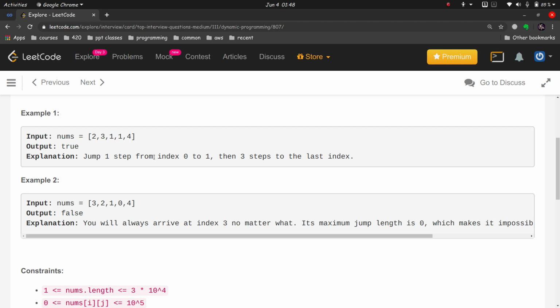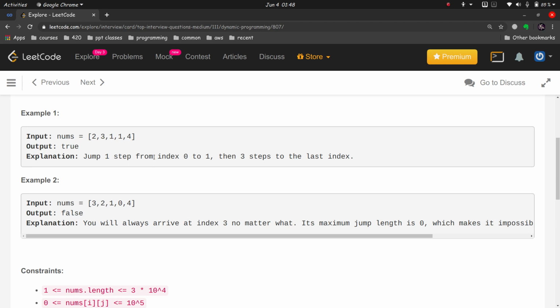Basically, if you see a problem and you can't figure out whether you can apply dynamic programming to it or not, then if a problem can be solved using recursion, there is a chance that it can be solved using dynamic programming in a much more efficient way.